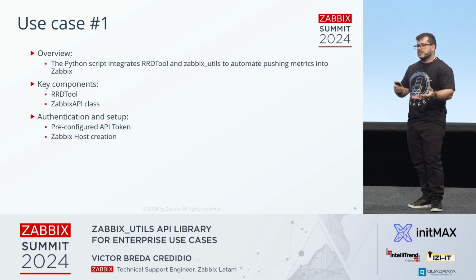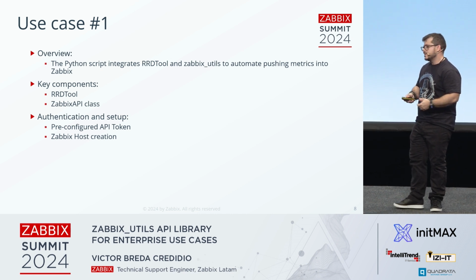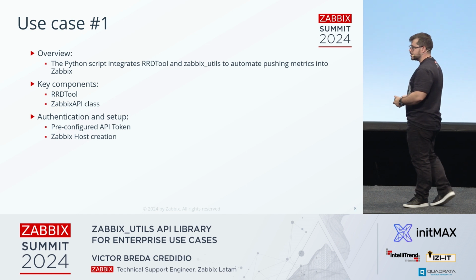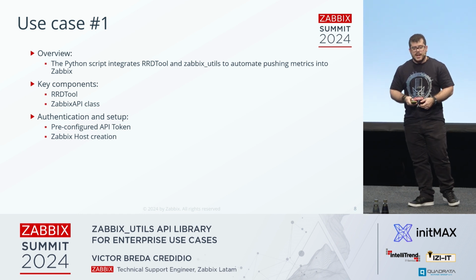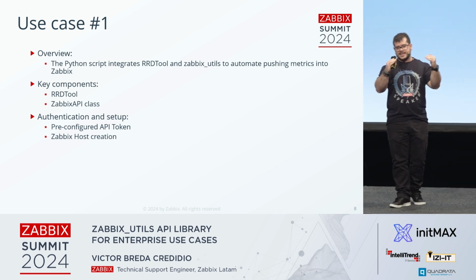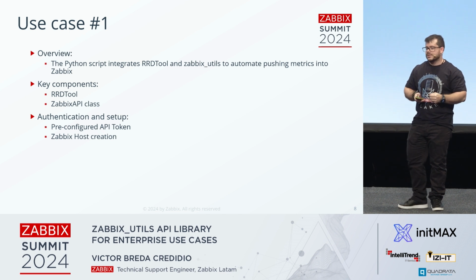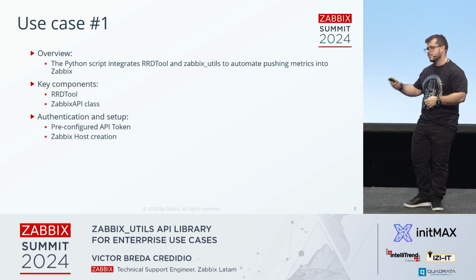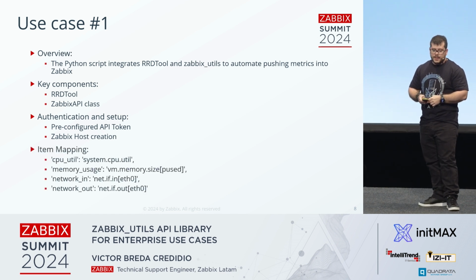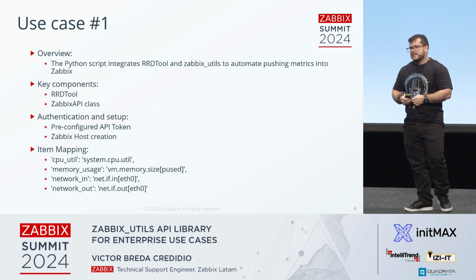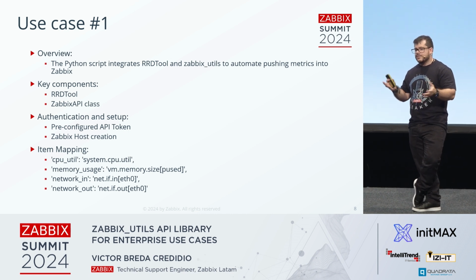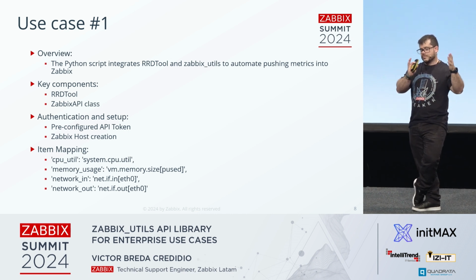We had to set the authentication, of course. We need to get the token for the user that's going to be using the API, and we just listed the hosts that were on the original RRD file. And then we just did an item mapping. It may be different for some cases. In this case, it was pretty